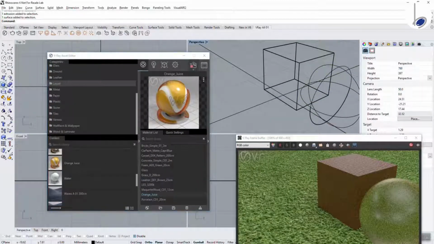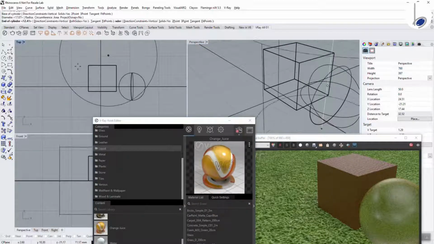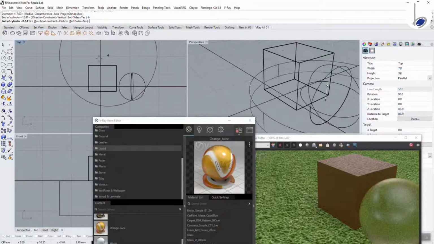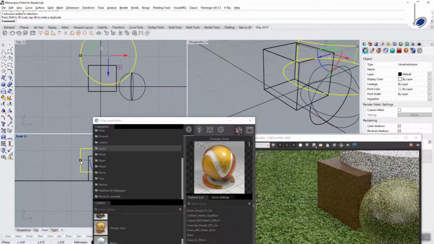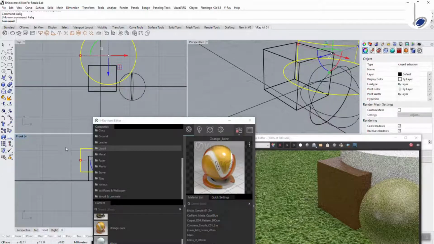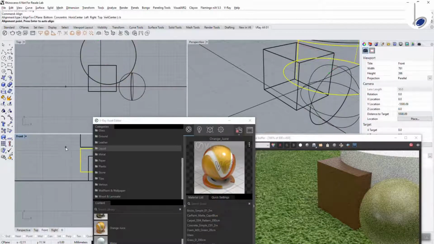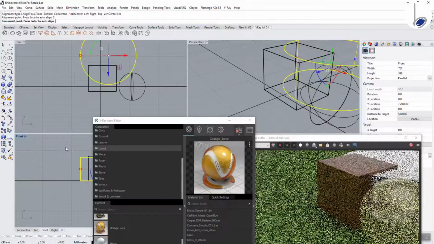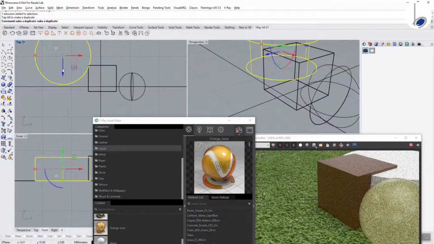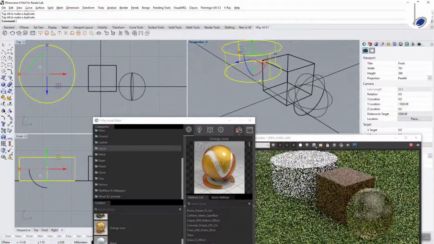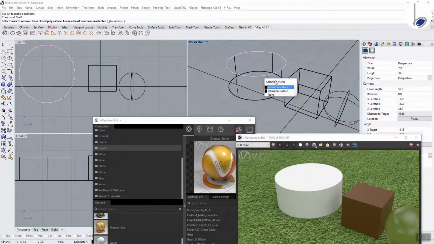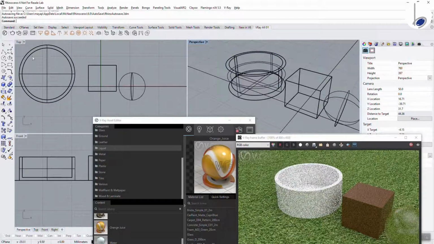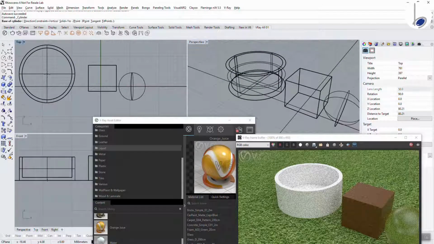I'll create a cylinder. I need it smaller, so I'm just going to use 3D scale. Let me align it to the bottom in the front view. Now using the shell command, I'm going to create a thickness in the cylinder. And now I'm creating one more cylinder for creating the closed polysurface. So I'll take one more cylinder.